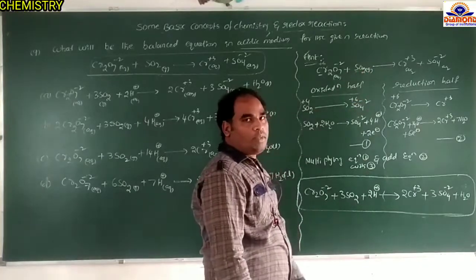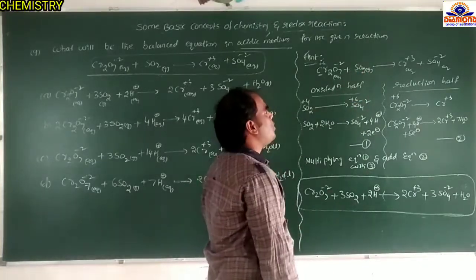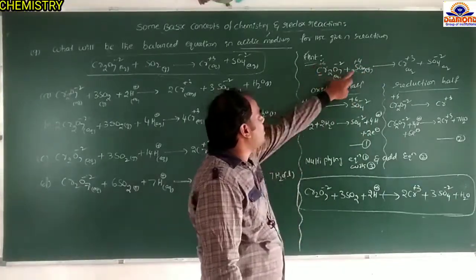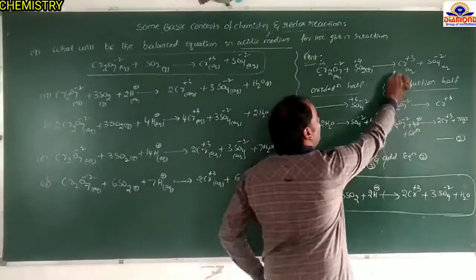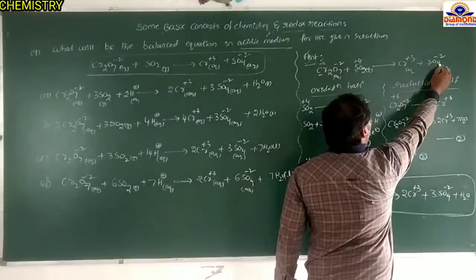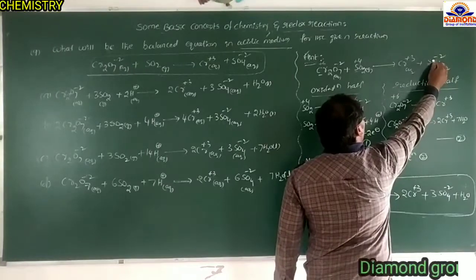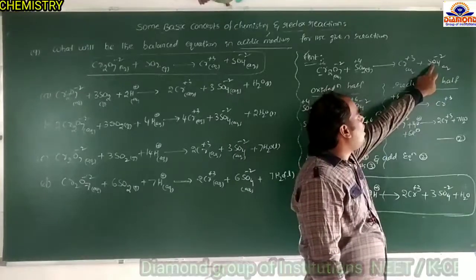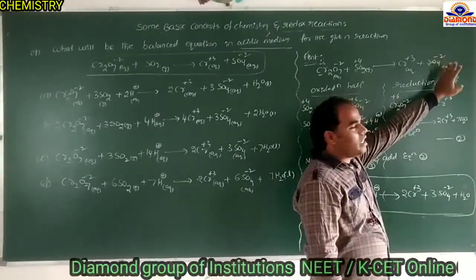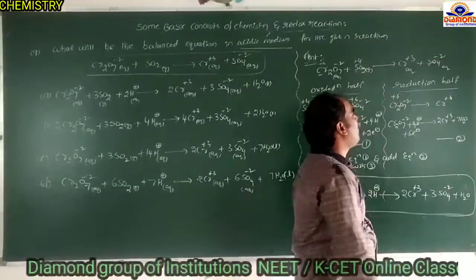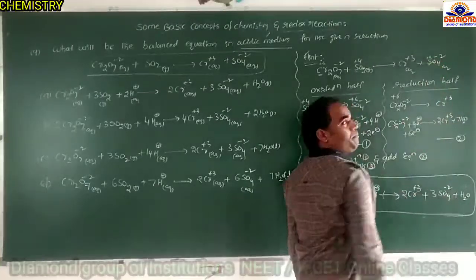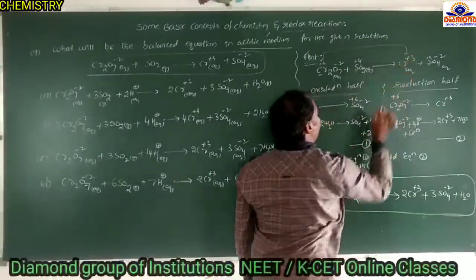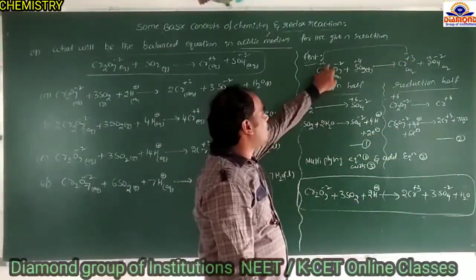Therefore, 2 into minus 2 minus 4, after the equal sign it becomes plus 4. Therefore, sulfur is plus 4. So, chromium plus 6, sulfur plus 4. And here chromium plus 3, sulfur. So, here 4 oxygen, oxygen's common oxidation number is minus 2. Therefore, 4 into minus 2 is minus 8. After the equal sign it becomes plus 8. 8 minus 2 is plus 6. So, once you observe, plus 6 converts to plus 3. Chromium plus 6 converts to plus 3.